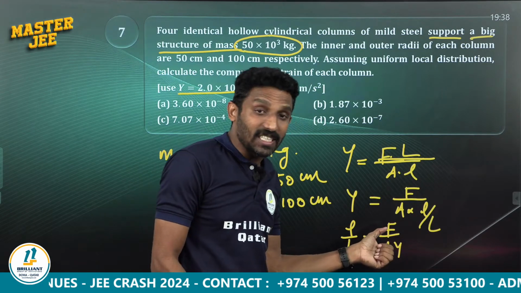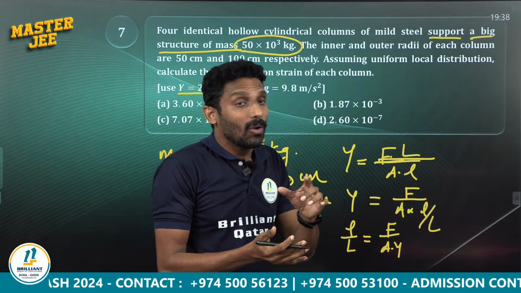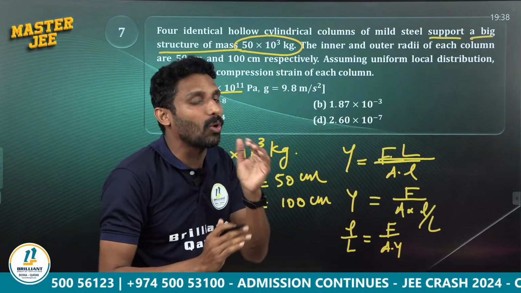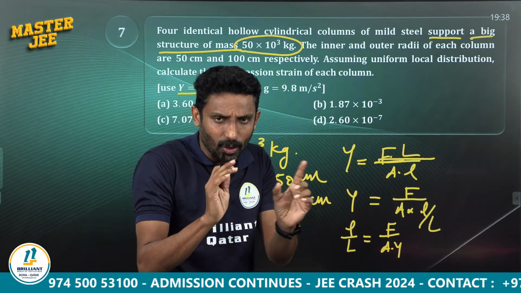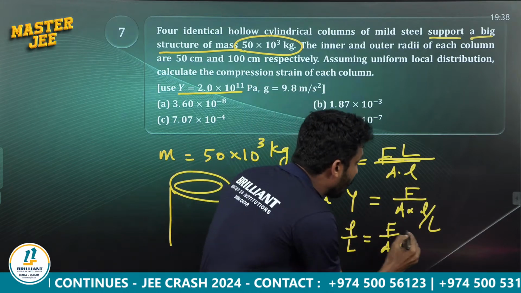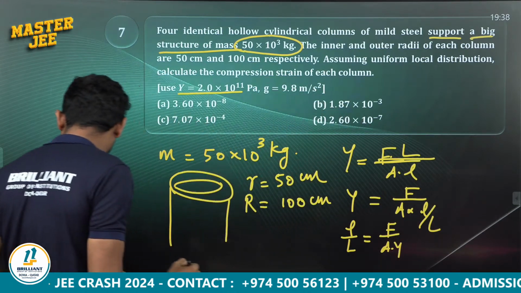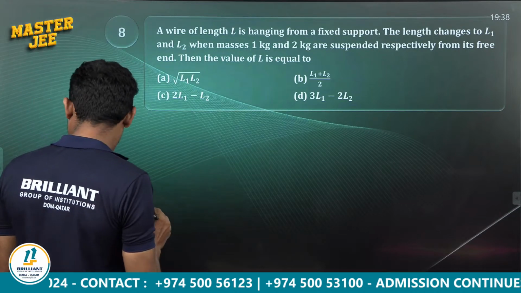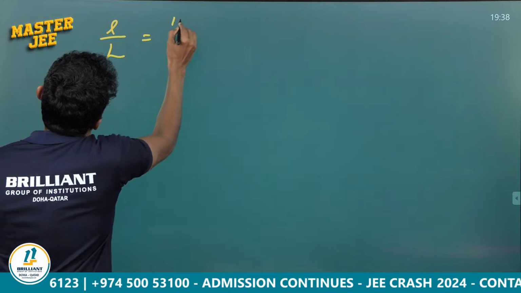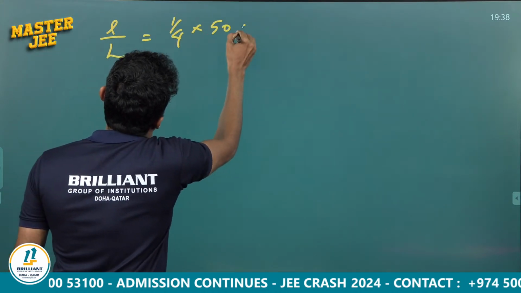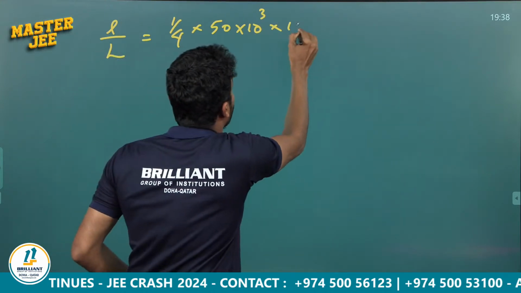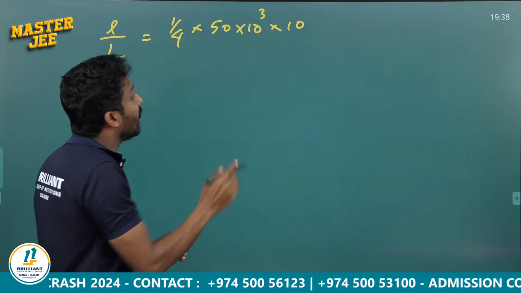Clear? The force acting on each pillar will be 1/4 of the weight of this structure. The weight of the structure will be equally divided into 4 and distributed into 4 pillars. So here we have to apply 1/4 of the weight. This strain L by L is equal to 1/4 of the weight. Weight is 50 into 10 raised to 3, this is mass, into g, 1/4 of the weight, divided by